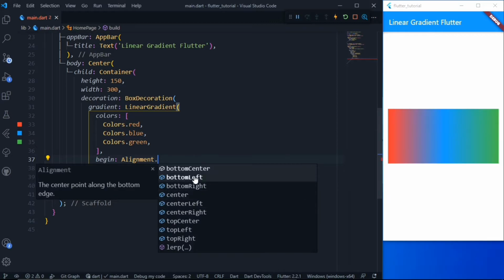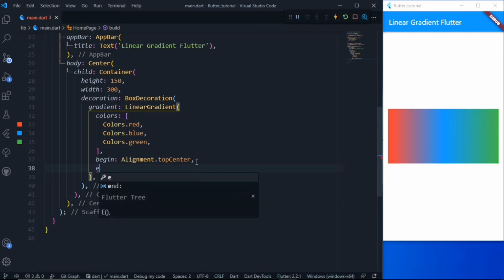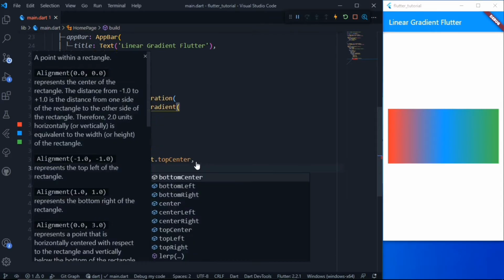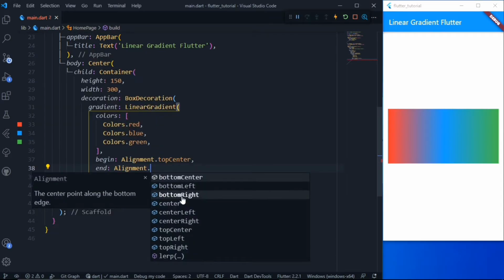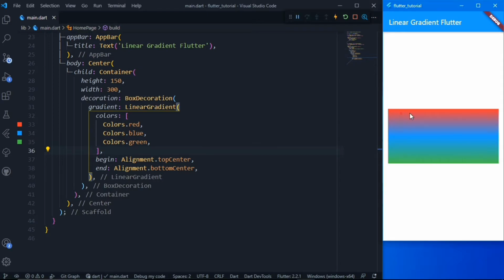So I can give this alignment top center, and for end I can give it Alignment.bottomCenter. So let me hot reload, and here we go. We got the red on the top and green on the bottom.